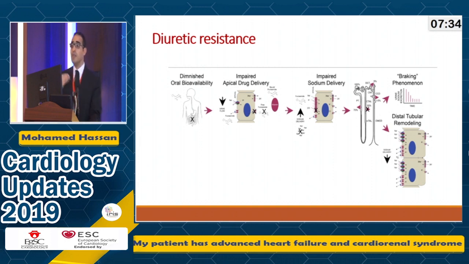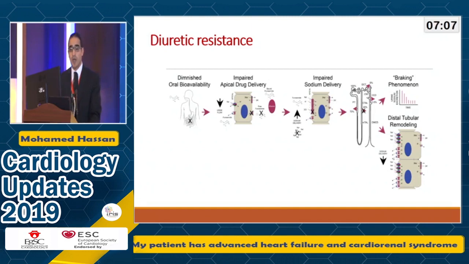Furosemide should be secreted through the proximal renal tubule to act from the urinary side of the kidney. And it's 95% bound to albumin. So if you have hypoalbuminemia, it will not be secreted, it will not be transported to the kidney. So correction of hypoalbuminemia will improve the diuretic resistance. Sometimes also the use of non-steroidal anti-inflammatory drugs can inhibit the secretion of furosemide, so stopping this non-steroidal will improve